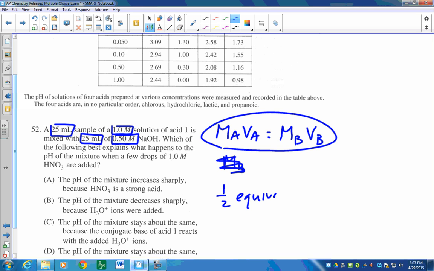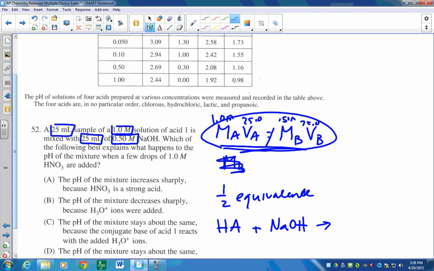And, okay, you're not equal because this is what you use to find the equivalence point. Well, if this is 25 mL and this is 25 mL, and this is 1 molar, and this is 0.5 molar, you can see that they're not equal, but one is exactly half of the other. Now, why that's important in this problem is HA is a weak acid, and NaOH is a strong base, and